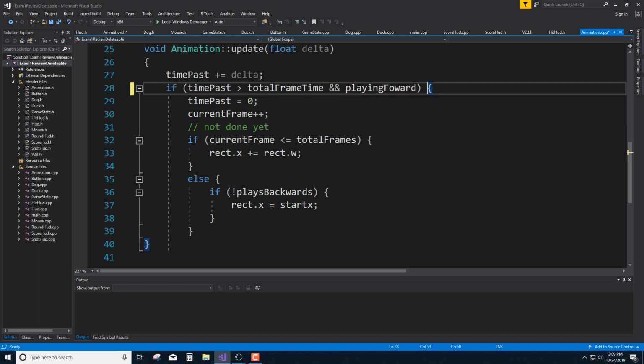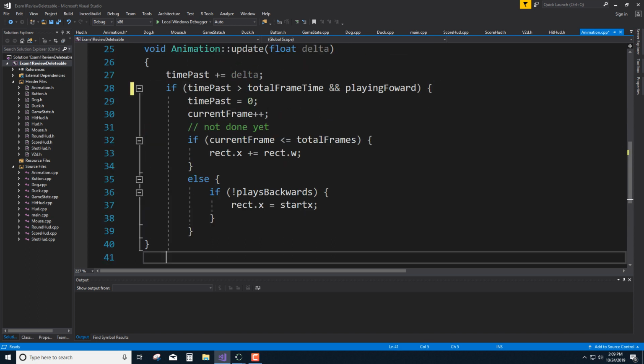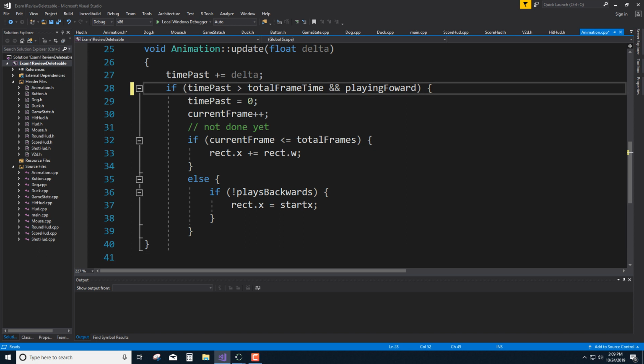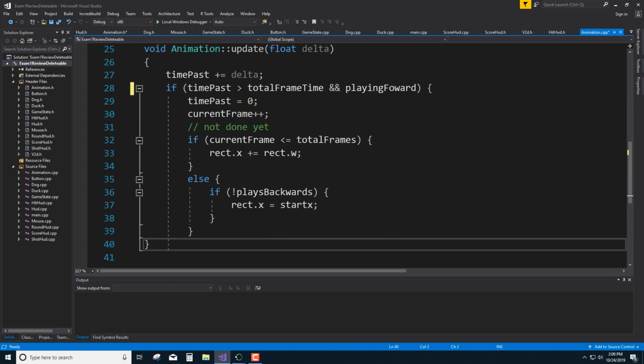I think all of that is true. And then else if the time has passed,